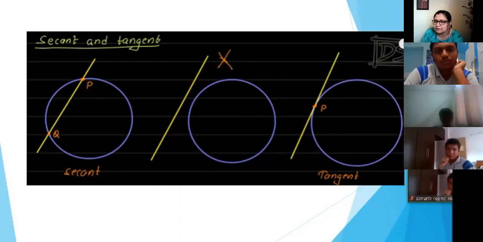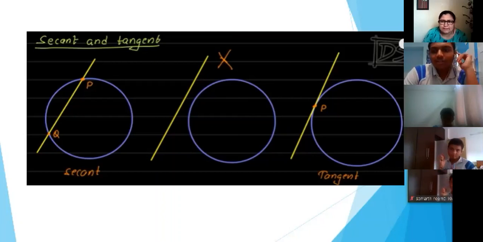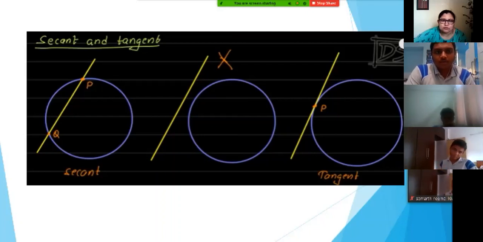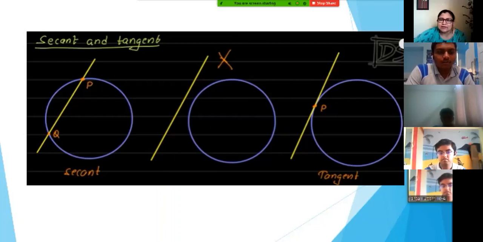Anybody else can give me a better answer? The points which are on the circle. Ma'am, a better line, chord, through... no. Passing through the circle at 2 points. Why through? Because if I say only P to Q, what does that mean? It's a chord. So basically, a secant is a line, not a line segment. It's a line which passes through the circle, cutting the circle at 2 points P and Q.